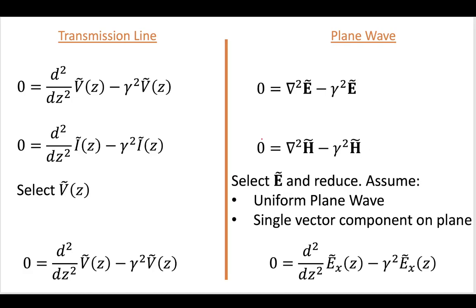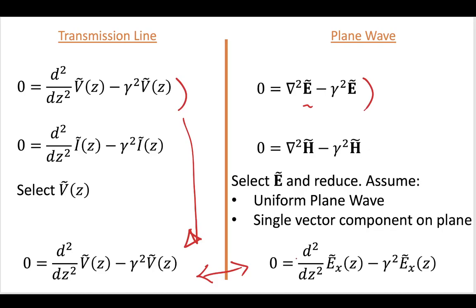Now, for the transmission line, we select the voltage to further derive, and in the plane wave we select the electric field, which we continue to derive. For the transmission line, we don't need to do anything further, right? We just select the voltage as the one that we're going to look for the solution. However, for the plane wave, we make a couple more assumptions. That's basically related to the fact that the transmission line is scalar, but for the plane wave we're dealing with vector components. So in order to reduce to a scalar equation